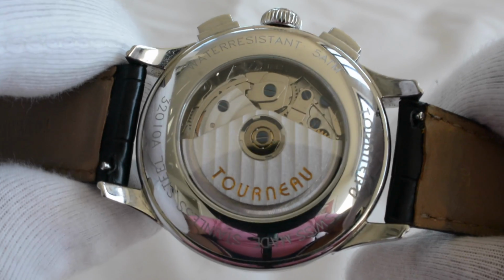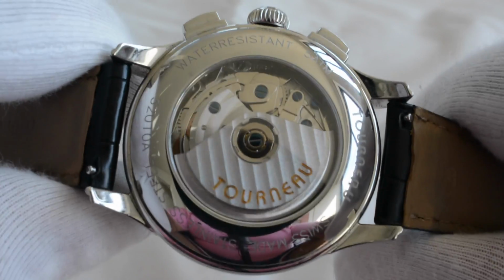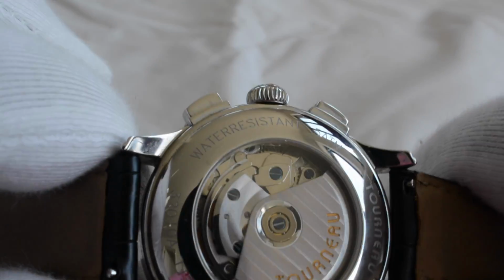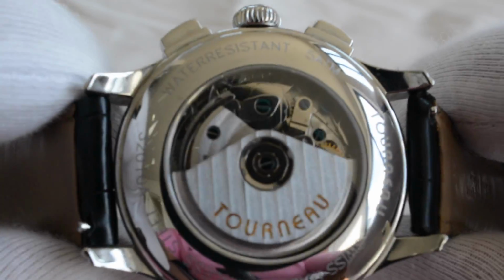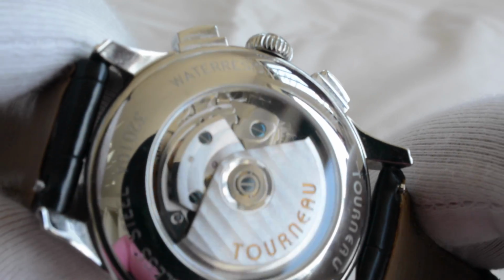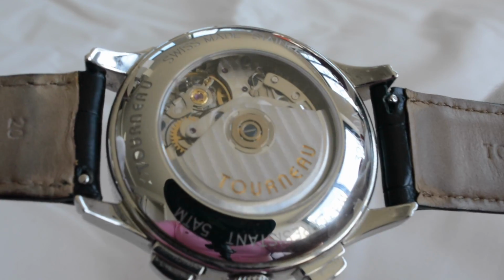movements I've ever seen. First thing is you can see the rotor that's engraved with the Tourneau logo, and it is gold filled, and it's got the Geneva stripes. But if you notice the other touches, they used blued screws and polished chamfers and edges. It's not very typical of a 7753, especially in what might be considered a mid-tier brand, but it's finished very,